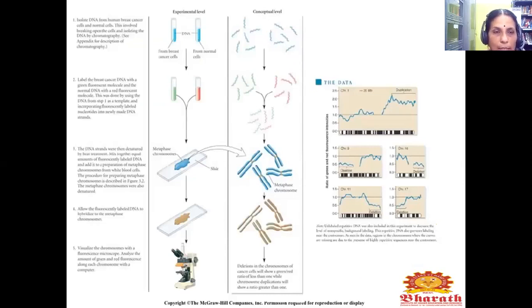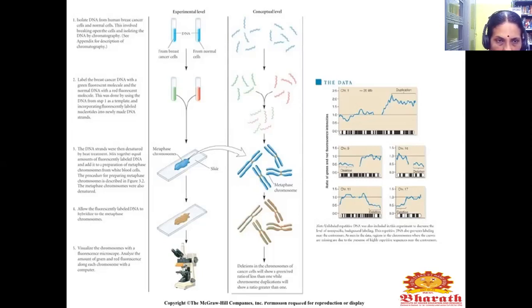First, you have to isolate the DNA from the human breast cancer cells and from normal cells. This is done by breaking open the cells and isolating the DNA by chromatography. First of all, take the breast cancer cells as well as the normal cells. First, isolate the DNA, then label the breast cancer DNA with a green